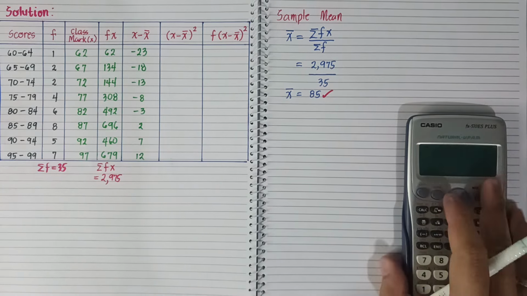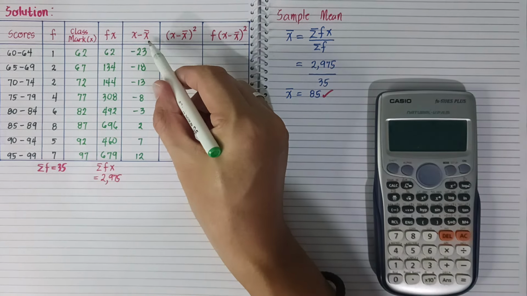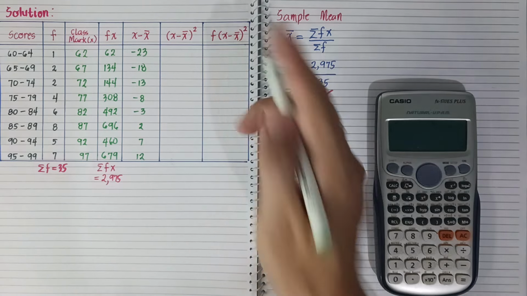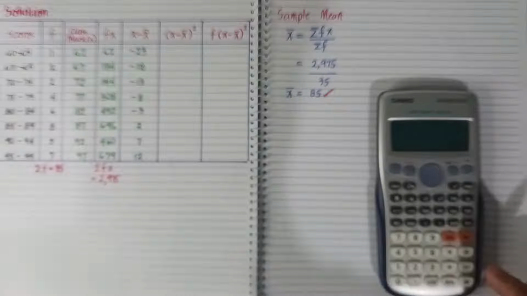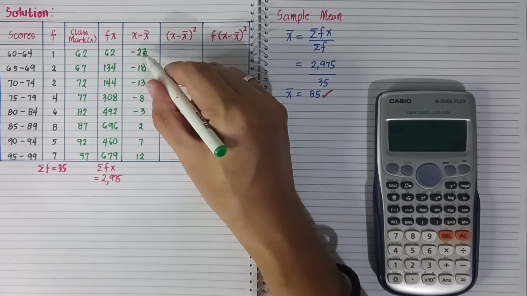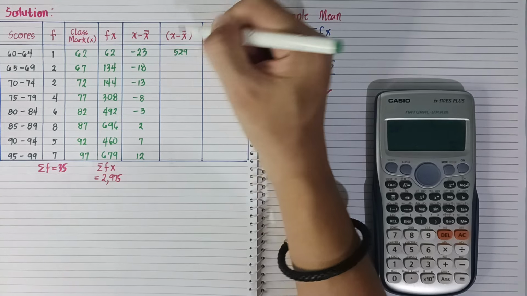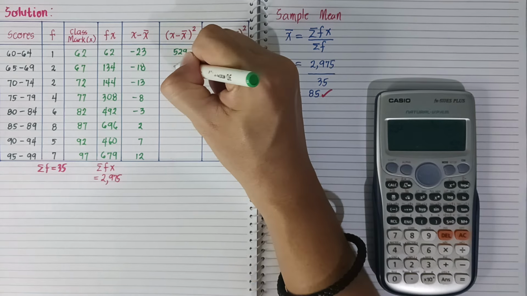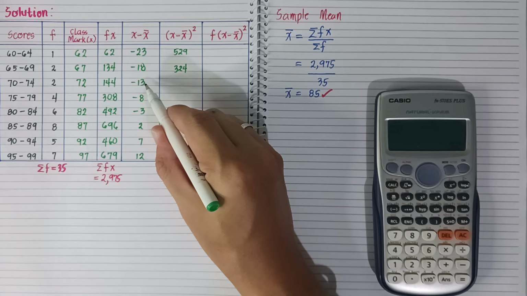And then, we need to square. Square natin yung magiging sagot natin dito, guys. Kaya x minus x bar, squared natin siya. So 23 squared, that is equal to 529. Negative 23 times negative 23 is positive 529. Dito negative 18 squared, that is 18 times 18, 324. Tama? Negative 13 squared, that is